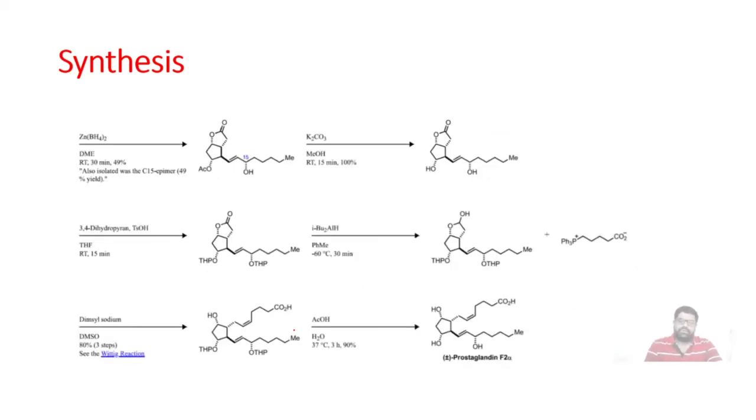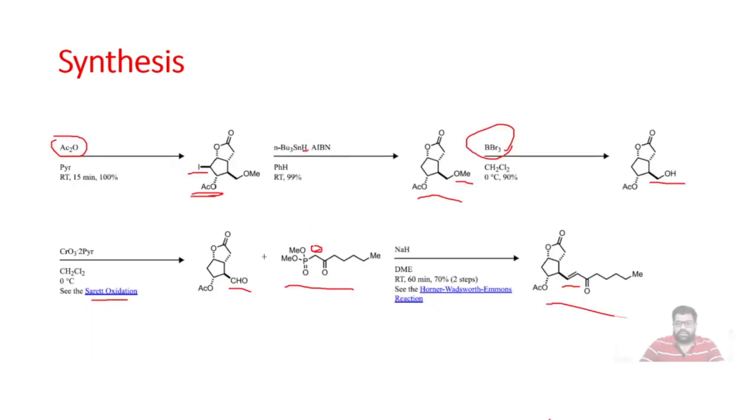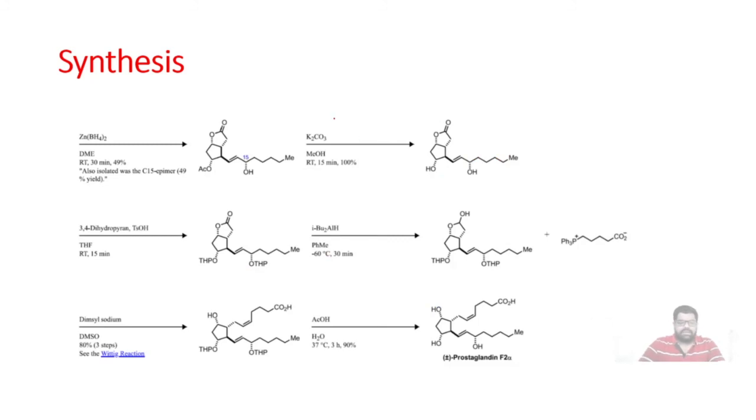So these are the few steps remaining for our final synthesis. So friends, next reaction is simple reduction of this keto group. I will show you again here. Now the next one is for this carbonyl group, which is an alpha beta unsaturated carbonyl group. This one was reduced in presence of ZnBH4, simply like NaBH4.